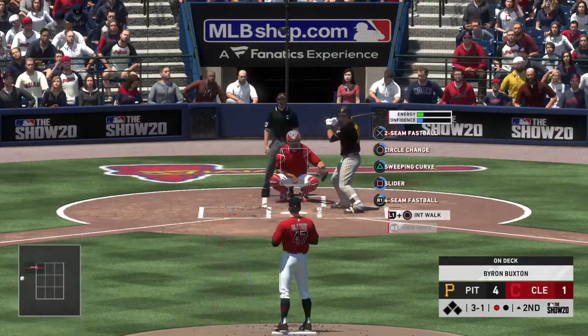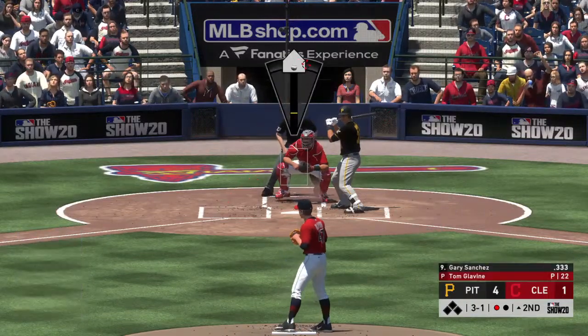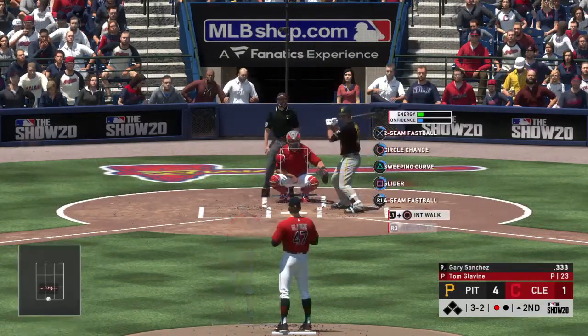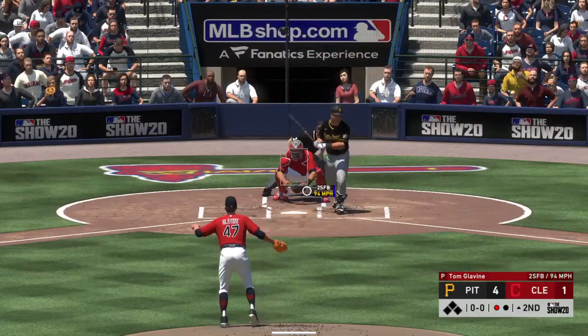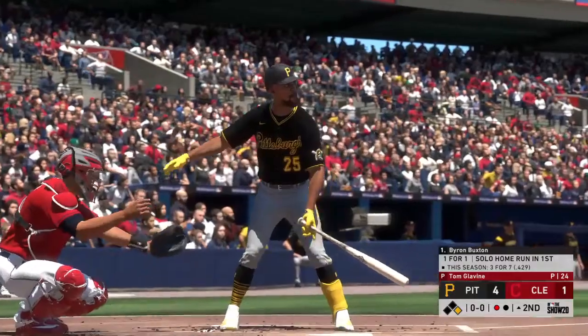He won't offer at what looked to be the circle change. 3-1. He might still be thrown off from that first inning, guys. He got knocked around pretty good, and that can be hard to recover from mentally sometimes. 3-2 pitch. And he takes ball 4. So a good job out of the 9-hole in getting on base as we go back to the top of